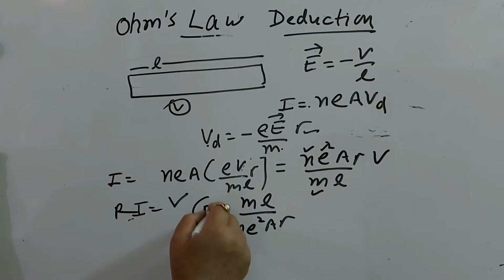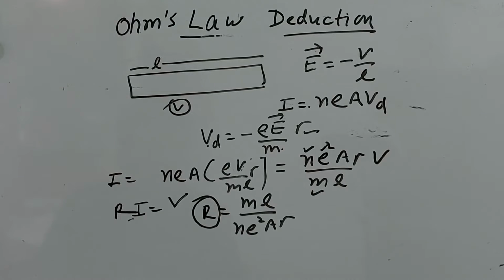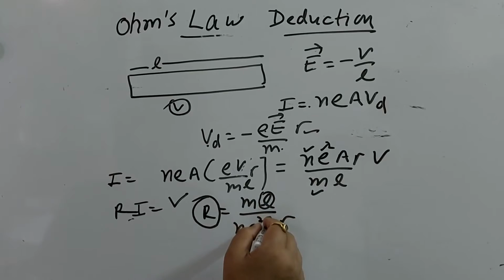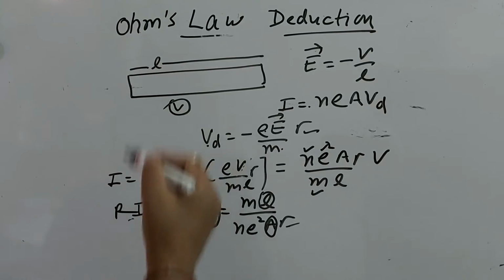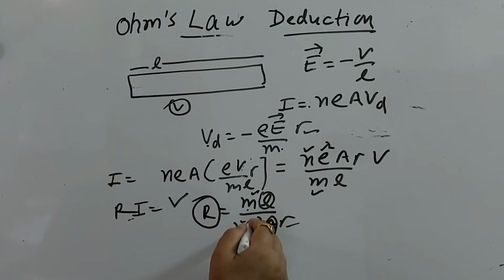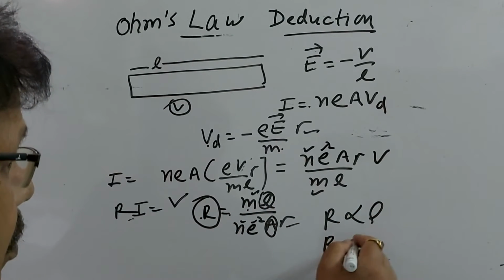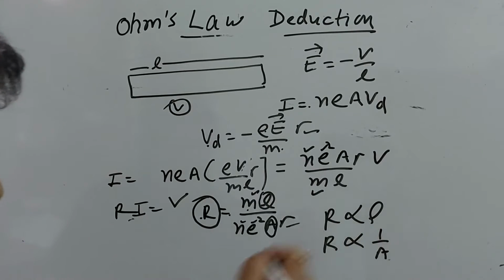Now this is the resistance. Now this resistance depends upon L and A. If other factors are kept the same, meaning if we are keeping temperature the same, then this value will remain the same, and if we are keeping the material of the resistance the same, then these things will be constant, and if we change the length and area, R will be directly proportional to L, and inversely proportional to A.